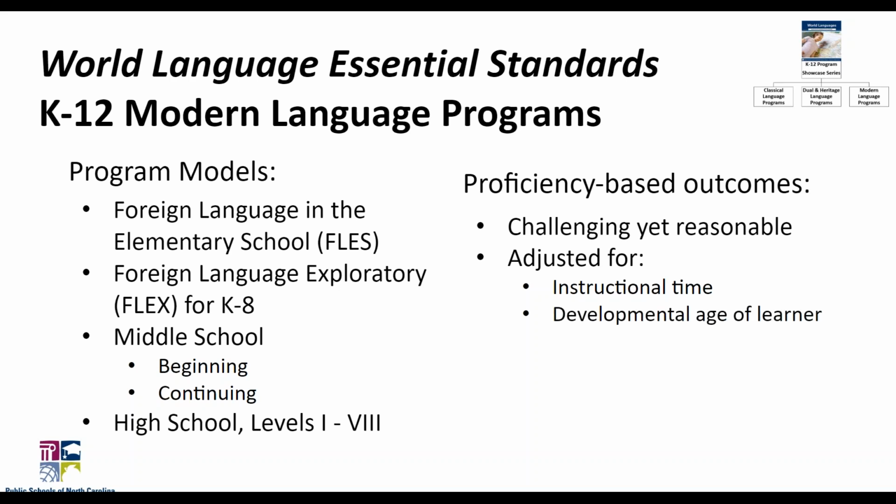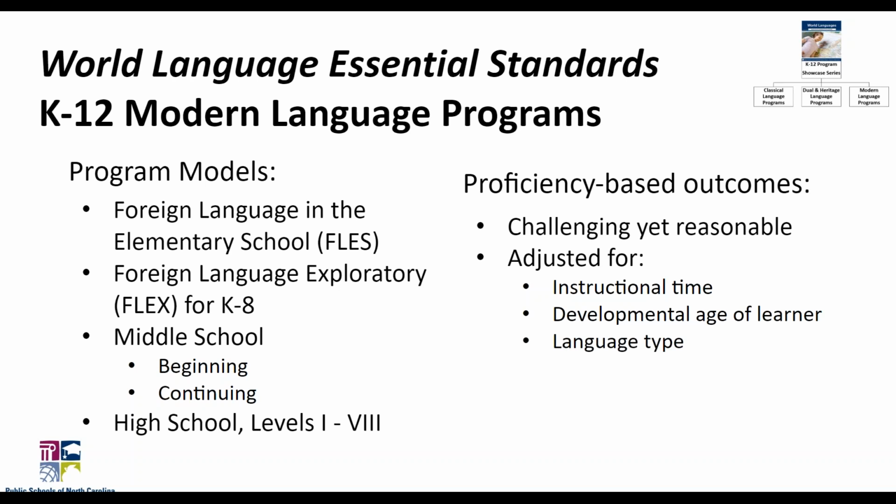You also have to consider the developmental age of the learner when you talk about proficiency-based outcomes. For example, very young students, let's say kindergarten through 2nd grade, have not yet developed reading and writing skills to the point where they can be transferred into the language they're learning. What that means is, developmentally, in a world language classroom, we can focus on speaking and listening quite a bit, but we may have to wait until students are in the 3rd grade or more before we really focus intensely on reading and writing. That will give them time to develop those skills in their first language, and it will make the transfer of those skills easier to the language that they're learning.